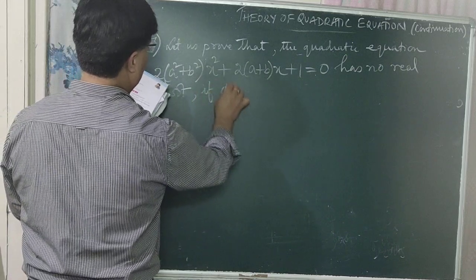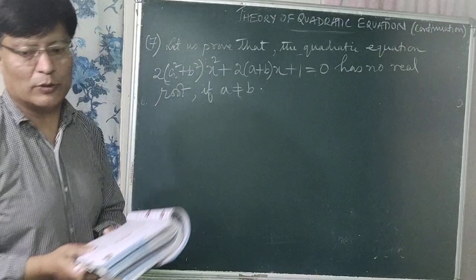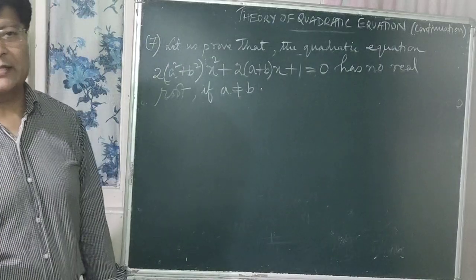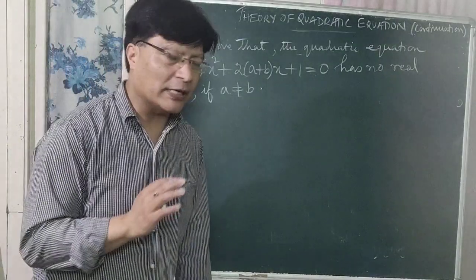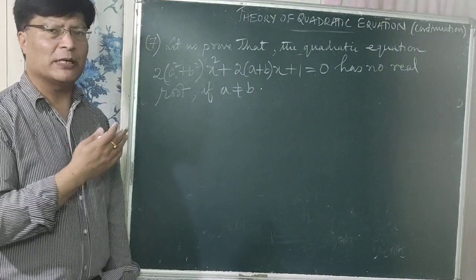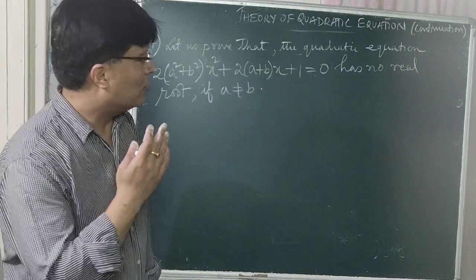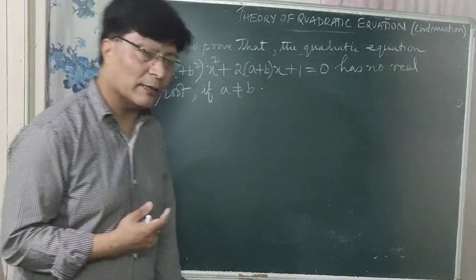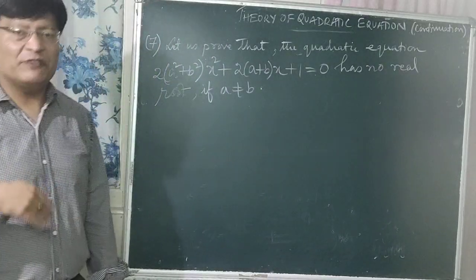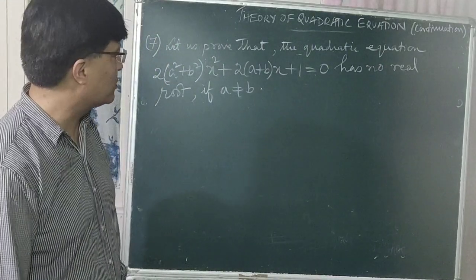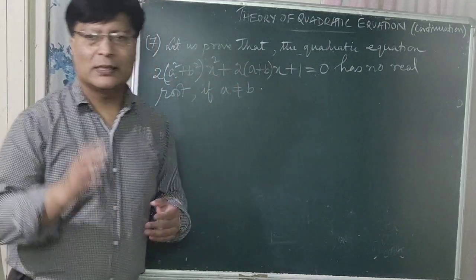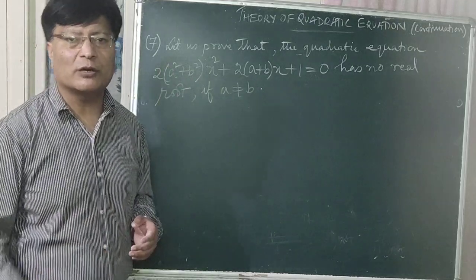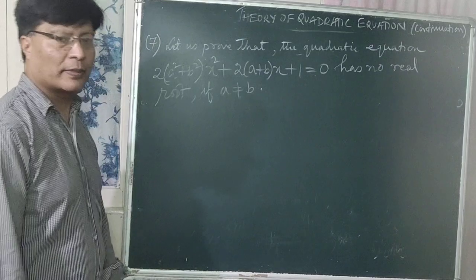If a not equal to b, here a not equal to b is given. Has no real root भनेको undefined root। अघि नै मैले भने, undefined root त प्रिभियस क्लासमा मैले भनेको थिए तिमीलाई। Not real root भनेको चाहिँ imaginary roots। अघिल्लो क्लासमा मैले तिमीलाई भनेको थिए, no real roots भनेको undefined roots or imaginary roots। त यो क्वाड्रेटिक इक्वेसनको चाहिँ रियल रुट्स छैन भन्नाले हामी के बुझ्छौं, इमेजिनरी रुट्स छ भनेर। हामीले प्रुभ गर्नुपर्छ यसमा।